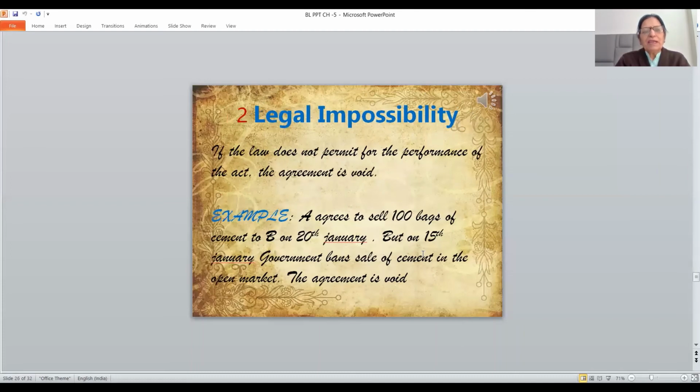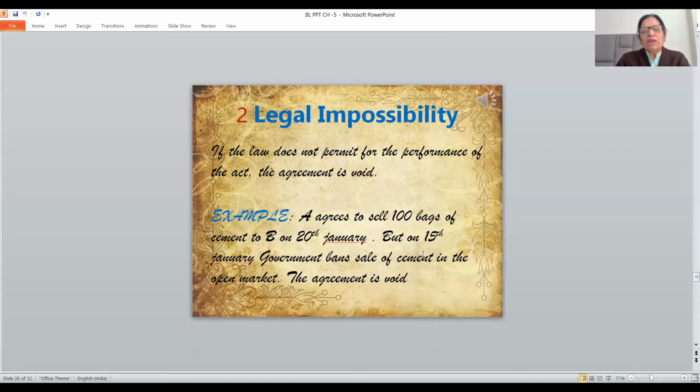Legal impossibility: if the law does not permit the performance of the act, the agreement is void. A agrees to sell 100 bags of cement to B on 20th of January. But on 15th of January, the government bans the sale of cement in the open market. The agreement is void. Any change in the government policy, any change in the law after the agreement of contract